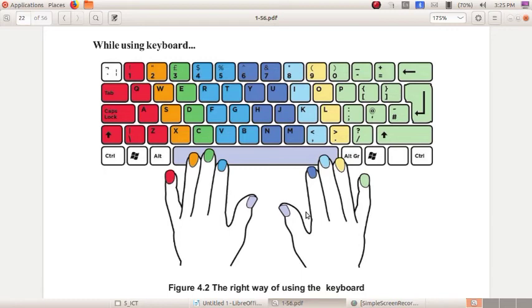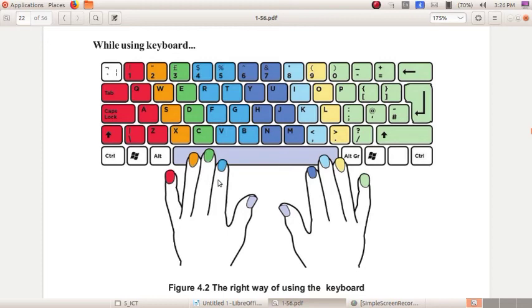Can you say by which finger you can type the letter F? Yes, by using the index finger of the left hand. So you have to remember that each of the keys has corresponding fingers to be pressed.